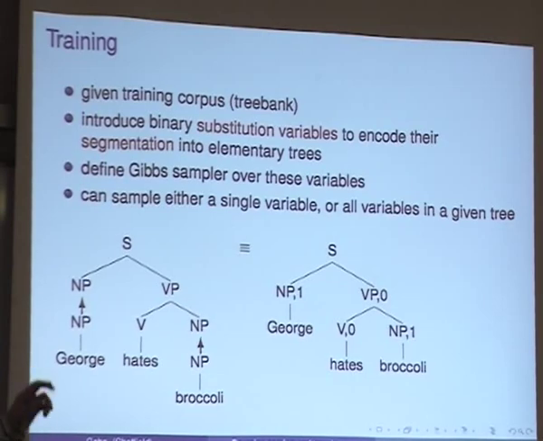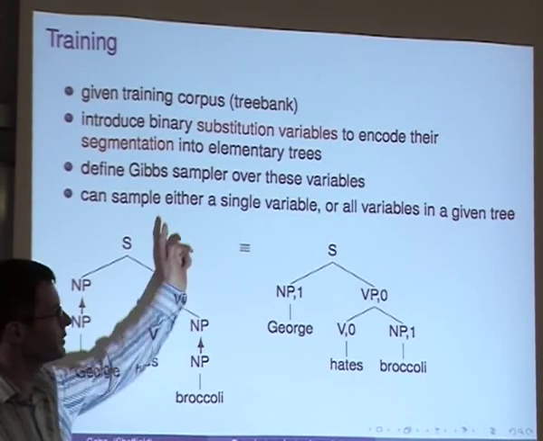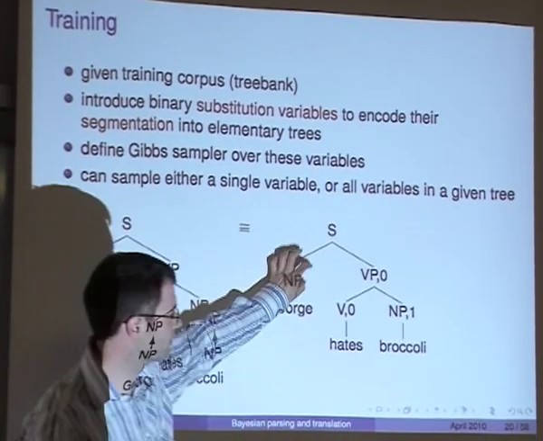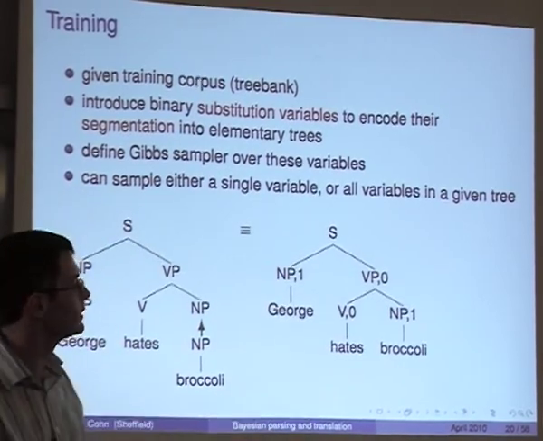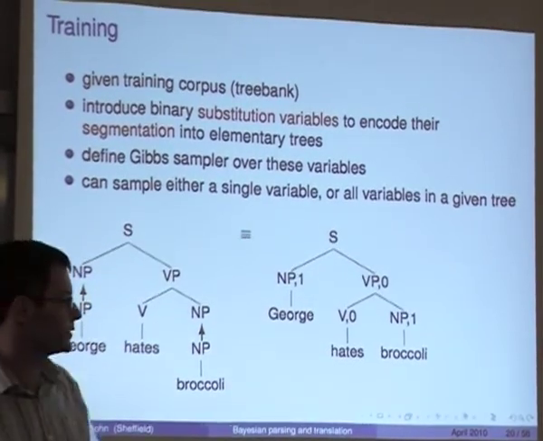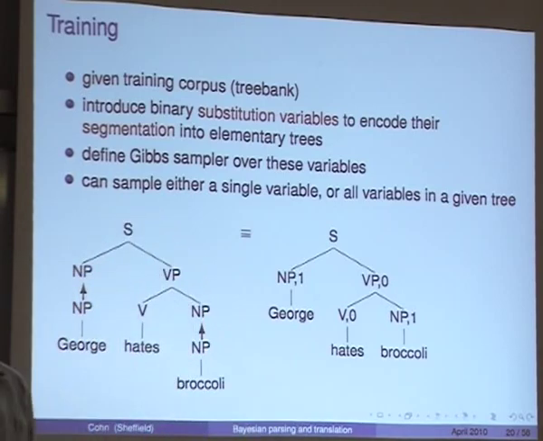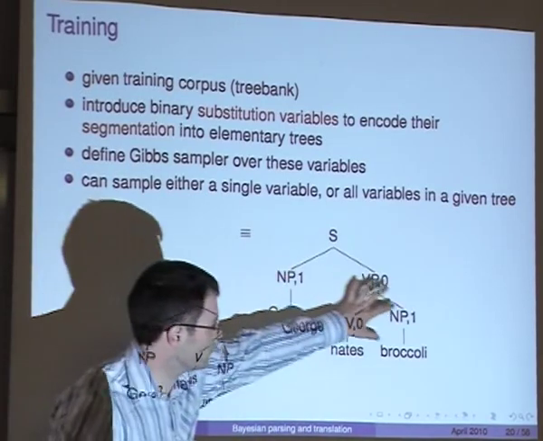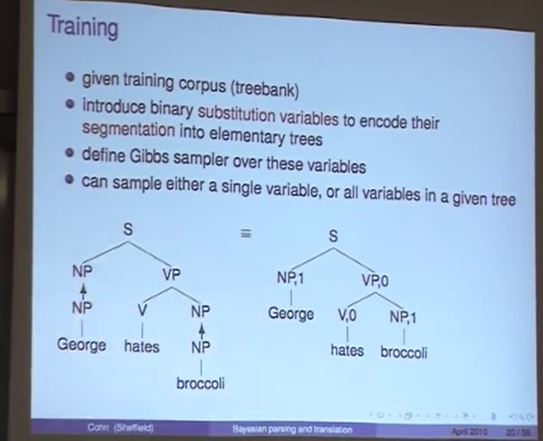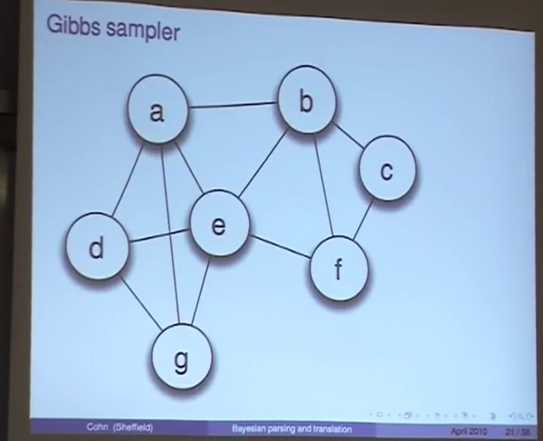And so we do this in a few ways. Originally we proposed to do it using single variables, so we're updating one variable at a time given everything else. More recently we developed a way where we can do it for an entire sentence in a block. So we can update all of these in one step, which allows the inference to go a little bit faster. But I'll present the easier one because it's a little bit more simple to describe.